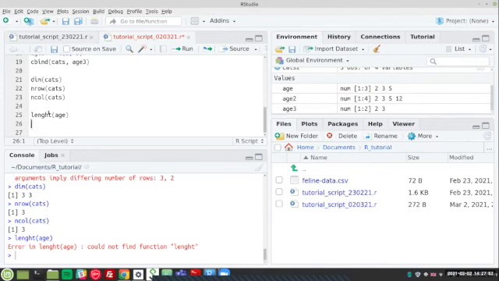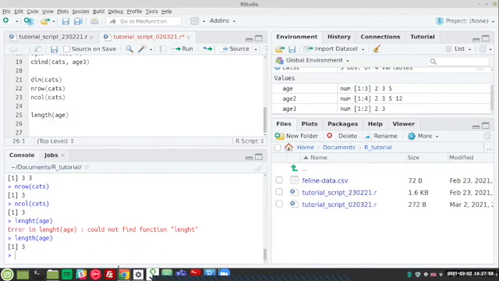Length is one of those words that, if English is not your first language, you might struggle with the order of the letters. If you spell it correctly, length of a vector will tell you exactly that, how many elements that vector has. In this case, it's 3. You can also do length of a matrix or a data frame, by the way, and there it will tell you the number of all the elements. So we know that cats is a 3 by 3 data frame. So if we do length of cats,